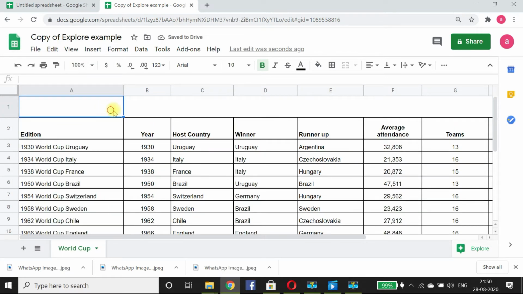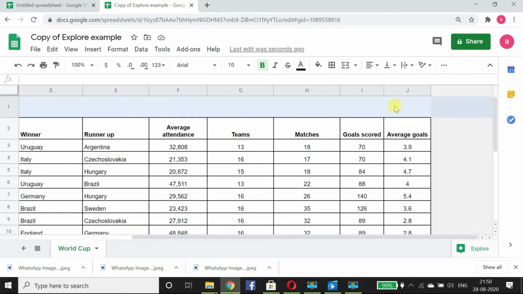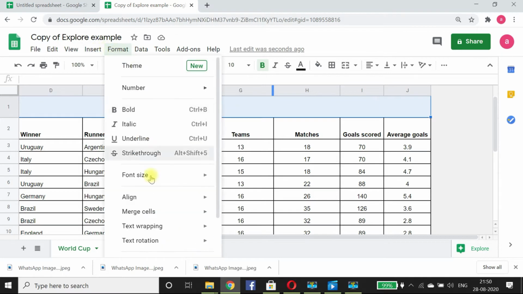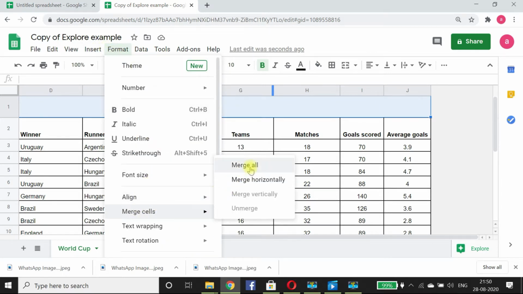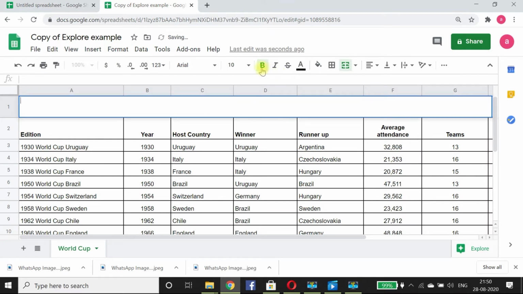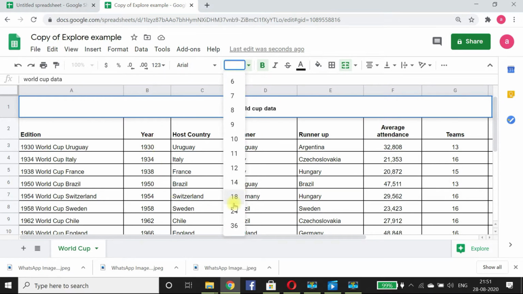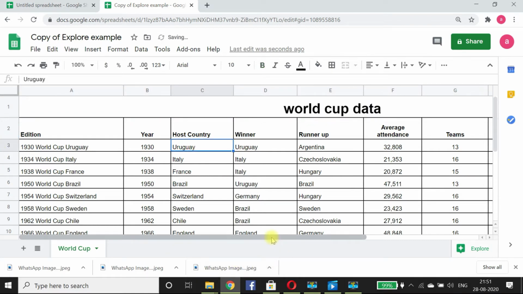Now let's say we want to fix two rows. First we'll put some data so that we can see there are two rows. Let's say we'll merge it using the format option. Let's say we put some data here and we want to freeze the first two rows. Let's make it 28 or 24. Okay, now 24. Yeah. Now we want to fix the first two rows.